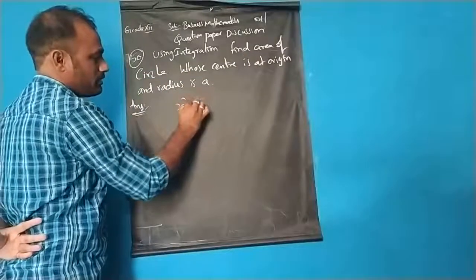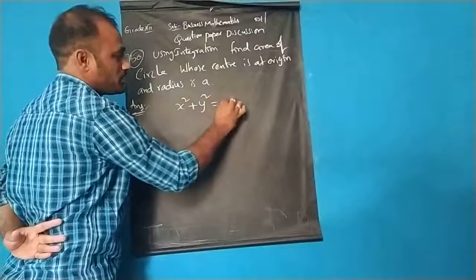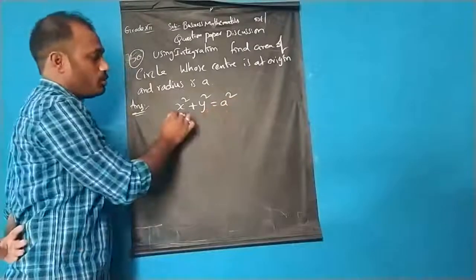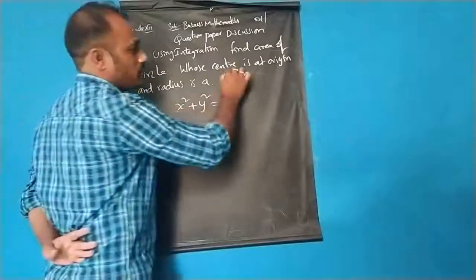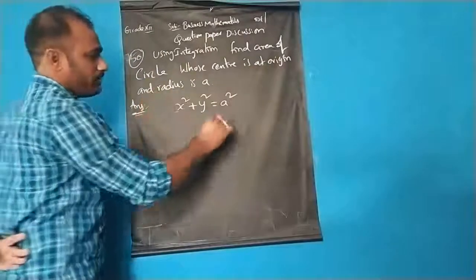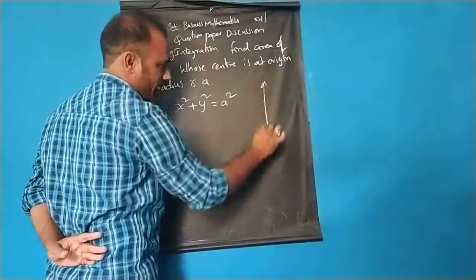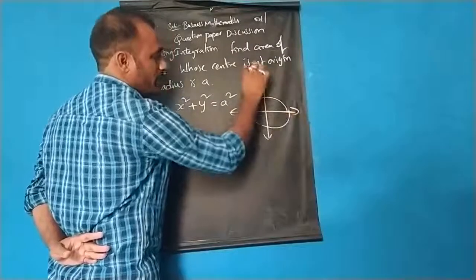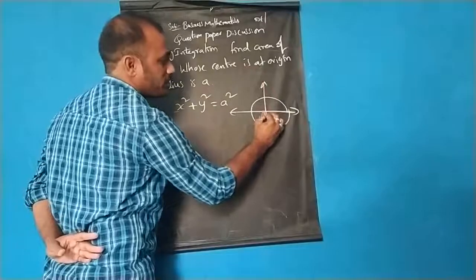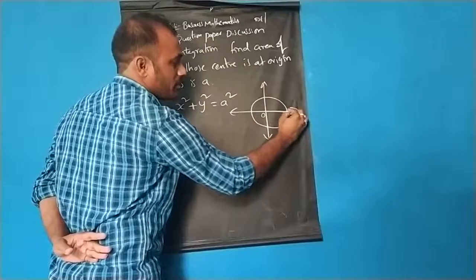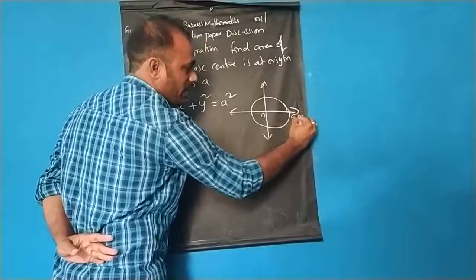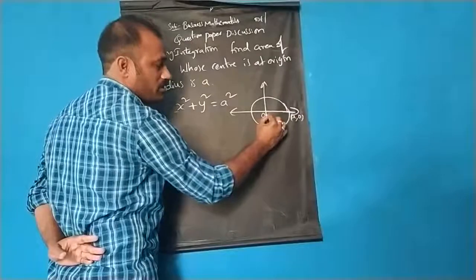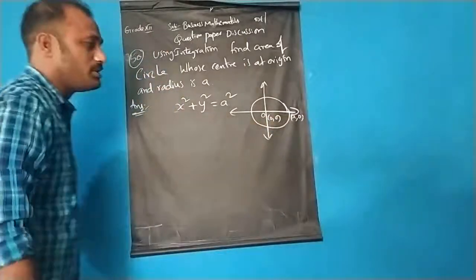So we can get the circle formation as x square plus y square is equal to a square. This is the equation of the circle passing through two points, x and y. But here the center is at the origin and the radius is a. If I assume this is the coordinate axis, then in this coordinate axis this is a circle. The radius of this circle is a, so I can write it as a comma 0. Why? Because any point on the x-axis will be x comma 0. So here it is a comma 0, and here our center is 0 comma 0.